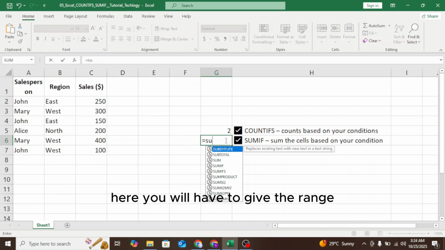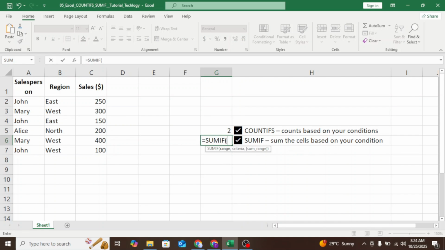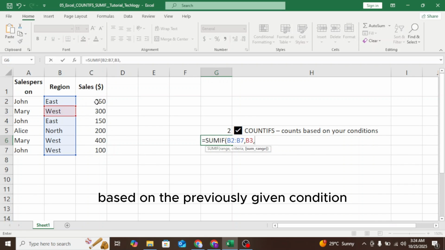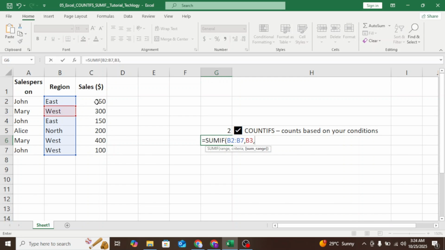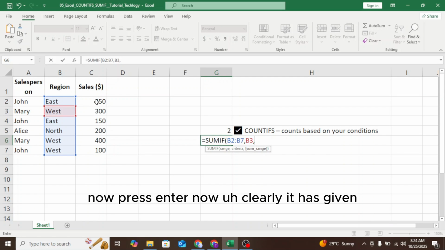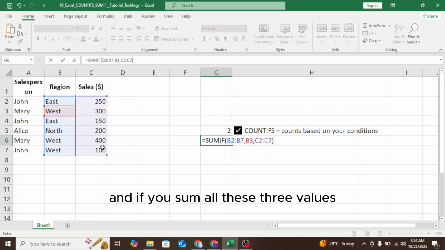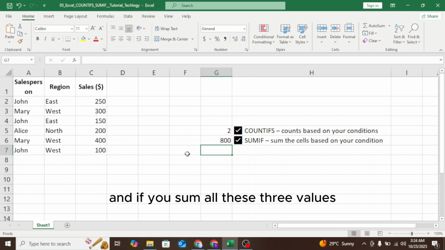Here you will have to give the range, then criteria such as West, then the range of entries which you want to sum based on the previously given condition. Now press enter. Now clearly it has returned you 800, and if you sum all these 3 values,